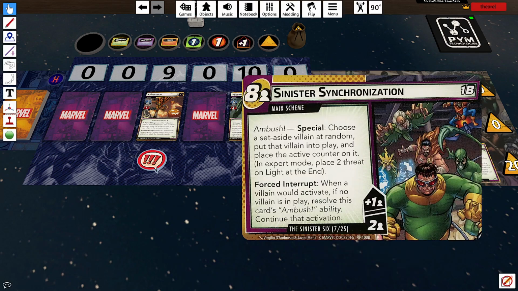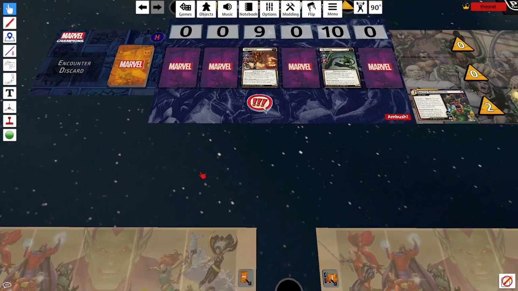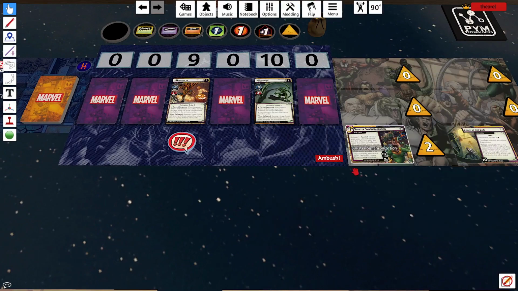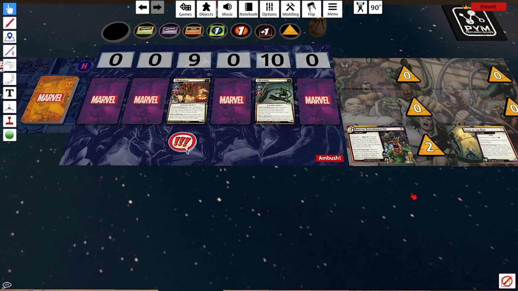Alright, so here we go. Sinister Synchronization. One note about this is the ambush special ability has a special expert mode change where you put 2 threat on light at the end, which makes the game a little longer. This is one of those examples of we're going to make expert mode harder by making the game longer, which kind of speaks to the idea of,